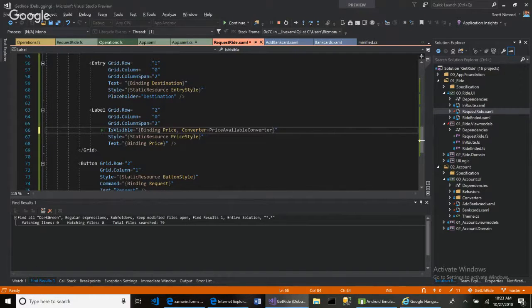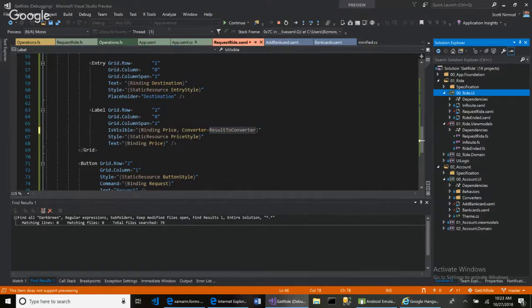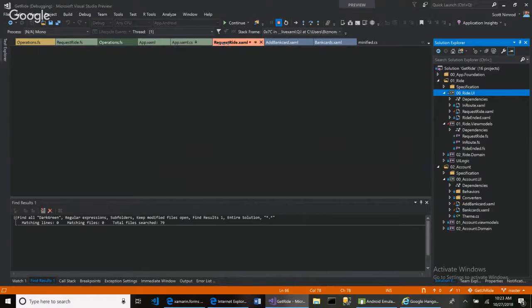Or you could say result to price converter. Result to price converter, okay, which needs to be created. So this ride I can have within the UI. Let me cut all this off right now. In the UI,